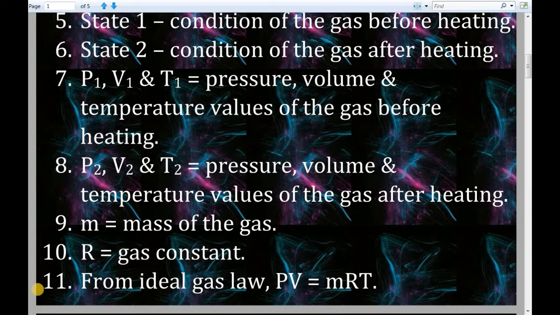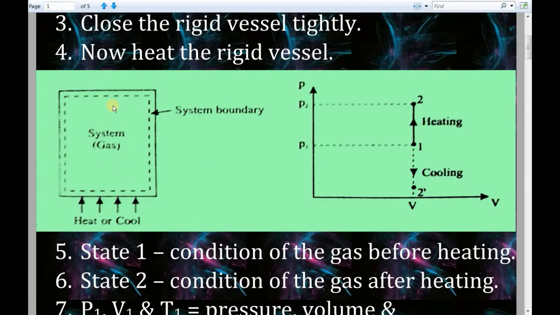So in this constant volume process, we have to find how much heat is being transferred to the gas and how much work is done to increase the pressure and temperature of the gas. This is the PV diagram of the constant volume process. You can see here pressure values are plotted along the y-axis and volume values are plotted along the x-axis. In this constant volume process, there is no change in volume. At a particular volume value, the pressure values P1 and P2 are plotted. The constant volume process PV diagram is a straight vertical line.